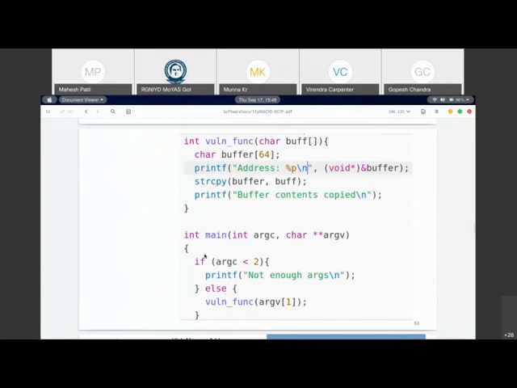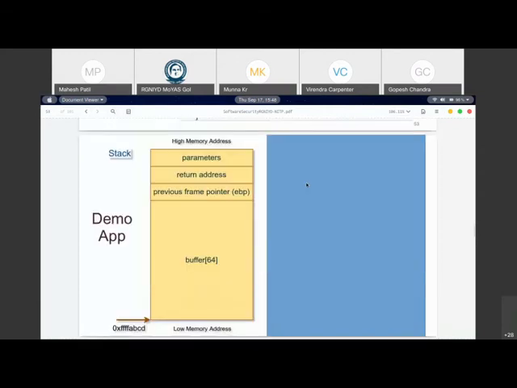So what we are doing is the same thing. We're going to take the argument and pass it to the vulnerable function here. That vulnerable function just copies the buffer into the 64 byte size local buffer. So this buff is the argument, buffer is the local variable. So the same logic, but instead of the data, now we will execute the shell code. So let us understand the whole concept using a diagram so that it's easy for us.